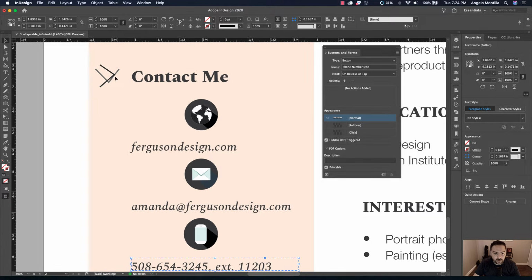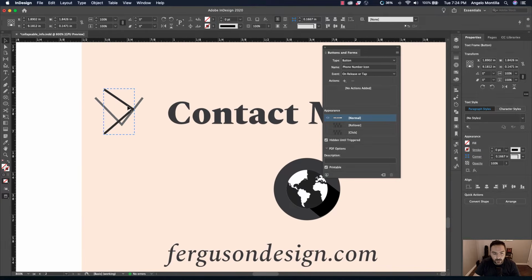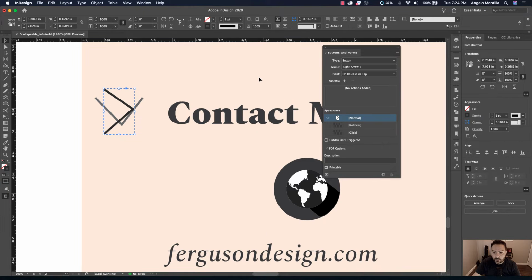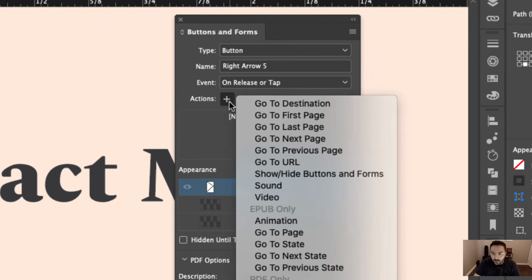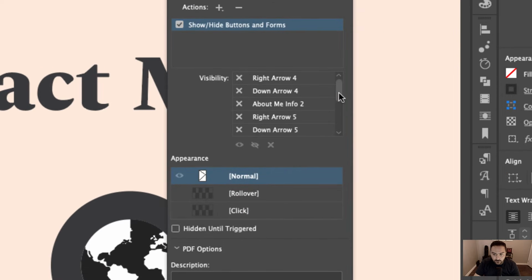Great. So let's go ahead and go back to our right arrow key, or icon I should say, and add the action of show hide buttons and forms. Now this is going to be a little bit more complex because there's more elements to work with here. So with the right arrow, let's first off hide the right arrow 5.